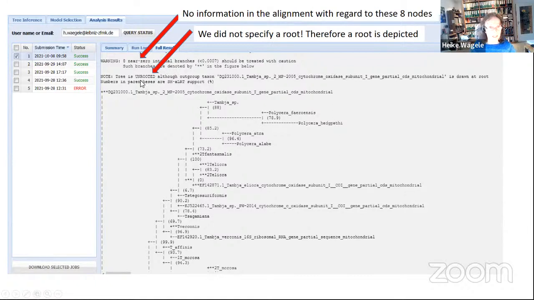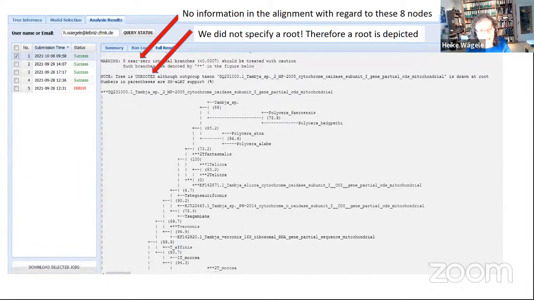And what is also very important, because a lot of people do not understand this, the tree is actually unrooted. Although outgroup taxon D, that's the accession number actually, this taxon up here is chosen as an outgroup. It's drawn as an outgroup, drawn at the root, and that means that you really have to be careful, because this is not your root. It was artificially done, but the tree reconstruction here is actually not a rooted tree. It is just an unrooted